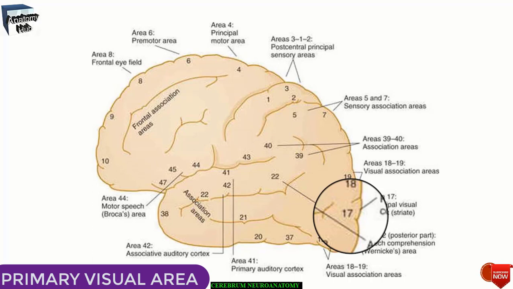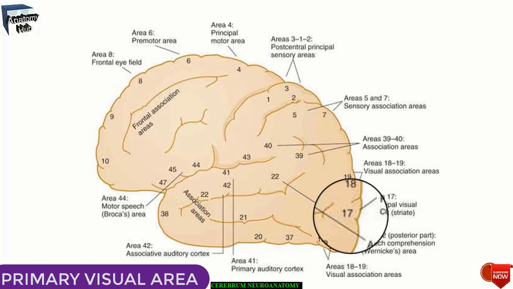The visual cortex receives afferent fibers from the lateral geniculate body via the geniculocalcarine tract of the optic radiations that we have already discussed in our optic pathways. Please go to the I button and find the optic pathway to know more about the geniculocalcarine tract. The visual cortex receives the fibers from the temporal half of the ipsilateral retina and the nasal half of the contralateral retina. The right half of the field of vision is represented in the visual cortex of the left cerebral hemisphere, and vice versa.